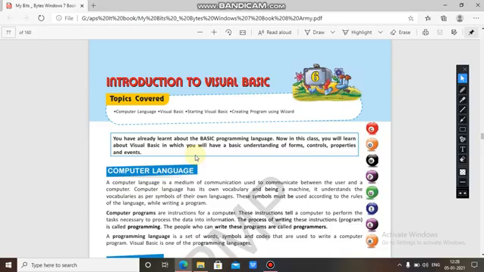Now VB, in short Visual Basic, was designed to be easy to learn and use. This language not only allows programmers to create multiple applications but also to develop fairly complex ones. It is not just that you are creating easy programs or simple applications; you can also develop complex applications. You can create any program depending on your objective with VB.